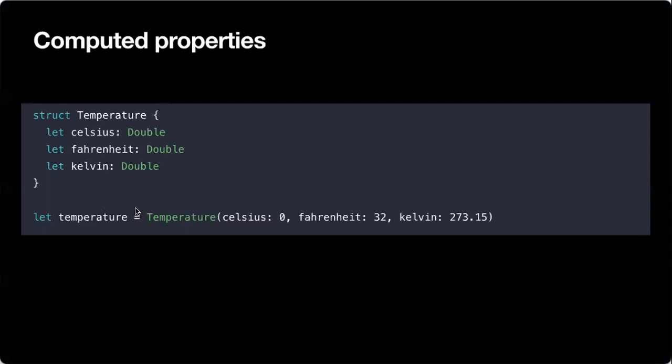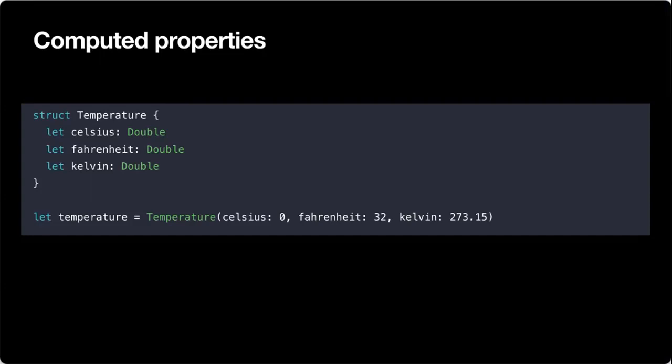Last thing that I'm gonna cover, I think there's a few more, but there's one mutating, there's computed properties. Computed properties are very important. Struct means you don't have to have a function to calculate things for you. You can have a property that calculates things for you and just simply return the value. It's not stored in the data type. Whenever you reference that property, it will give you the calculated value based on the equations that